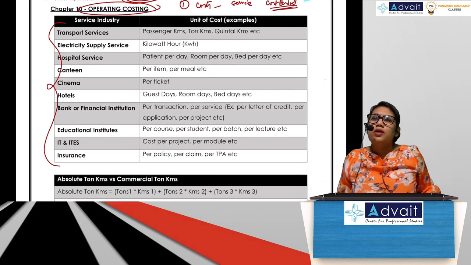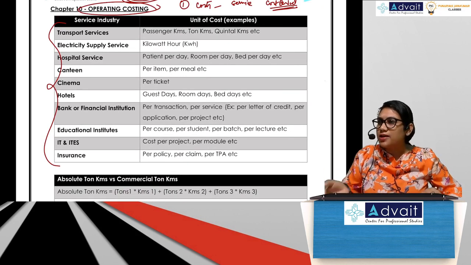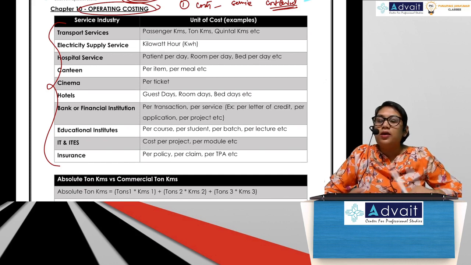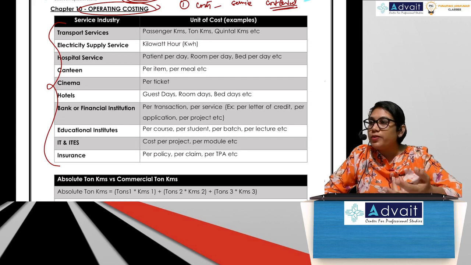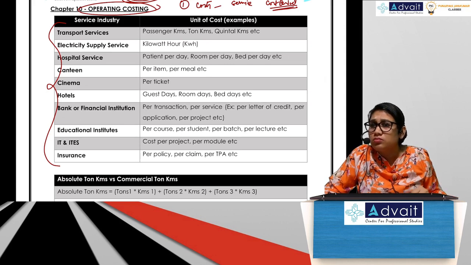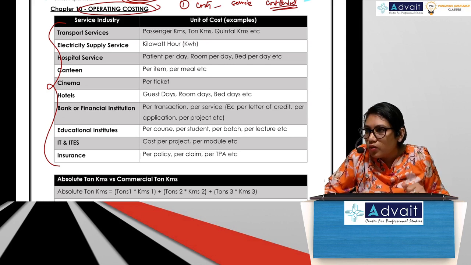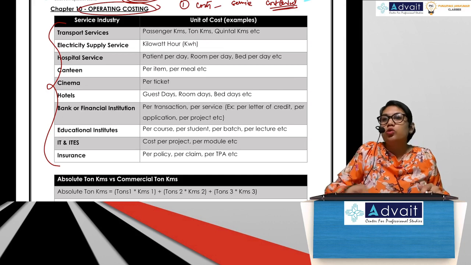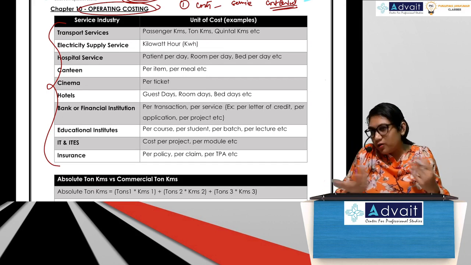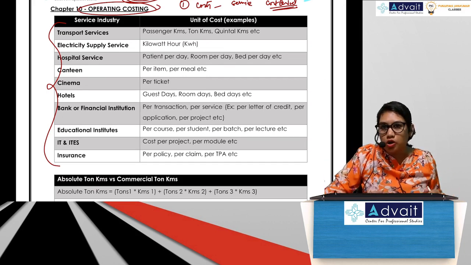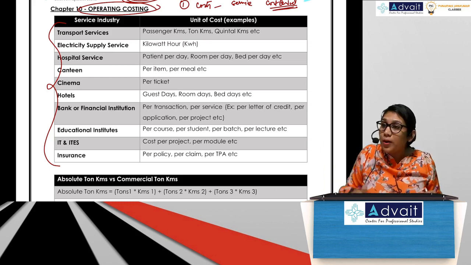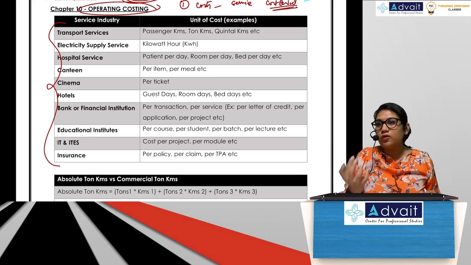in the problem they may not always ask you to calculate as per composite cost unit. So if they've given you a transportation problem, ideally speaking, what will we think that they probably will ask us to calculate? The cost per ton kilometer. But if the problem says calculate cost per kilometer, then you calculate what they have given you. Okay, but a better method would be to calculate per ton kilometer. So if nothing is specified in the problem, then you calculate as per composite cost unit. But if they have specifically told you no, we want only per kilometer, or no, we want only per passenger, then you calculate as per whatever they have asked.